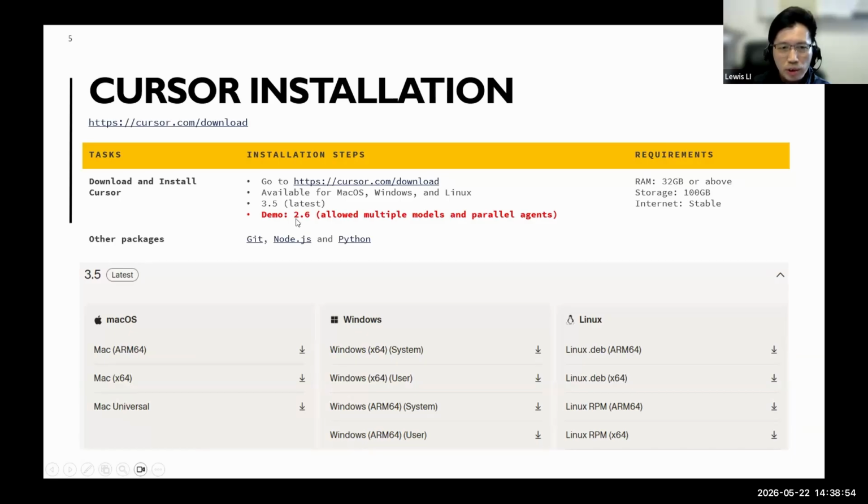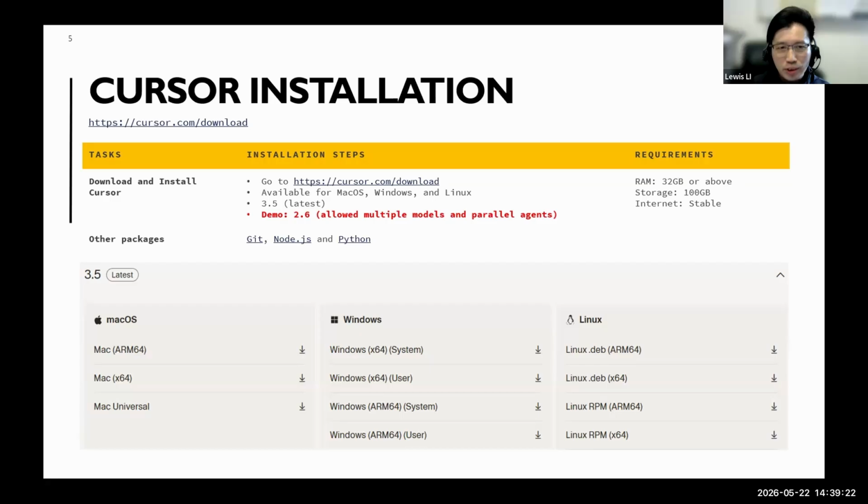Why did I choose this version? Because this version has a special feature called multiple models and parallel agents, which I very much like. After version 2, in all the latest versions, this feature has been removed, and it is only available in the web version of Cursor.